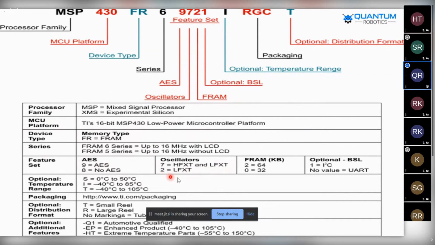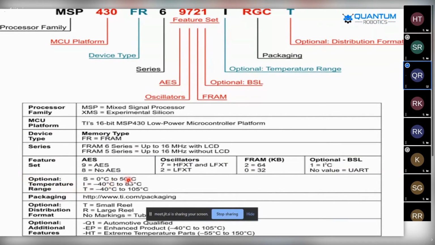Here you will be getting 2 LFXT, and here the FRAM size in kilobytes is 264-bit and 0 is 32-bit, and you will be getting optional BSL, bootstrap loader. We will be getting 1 is equal to I2C and no value, UART, and you will be getting one more optional, the temperature range.